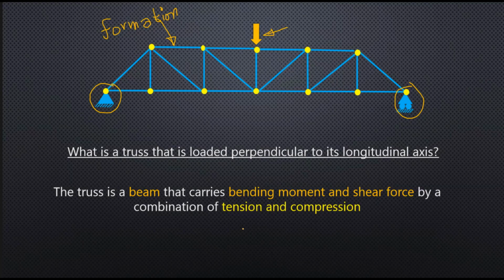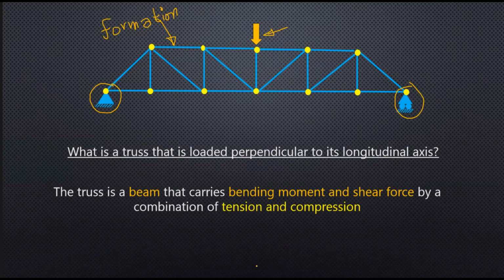and shear. Why? It is because primarily it is bending moment resisted by a combination of tension and compression. Most of the students and young engineers I talk to say, sir, it is only tension and compression. Where is the bending moment? Bending moment only comes in beams. Correct. Now, of course,